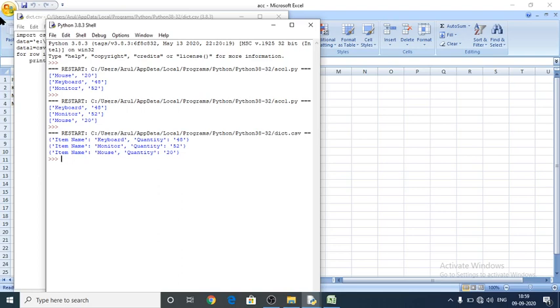We have read a CSV file into a dictionary.